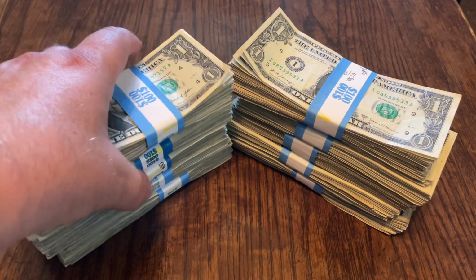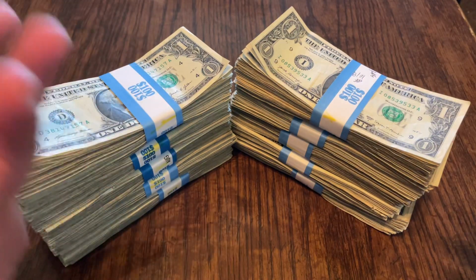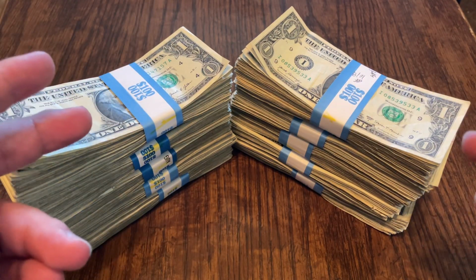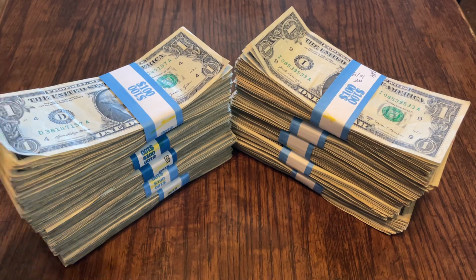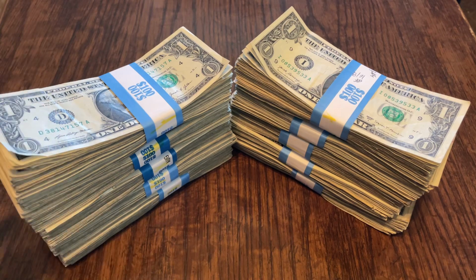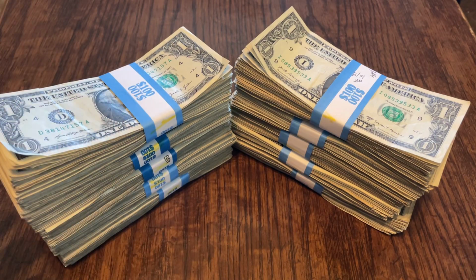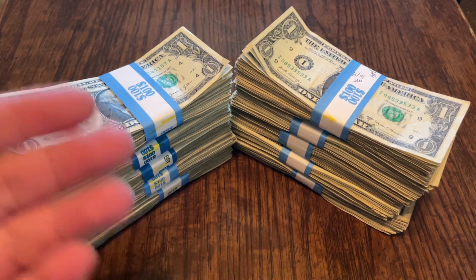Now, a lot of people love to claim that they found errors. And the thing is, we kind of have to define error. Most people will generally say if there's a mistake on the bill, that is an error. But in collecting, that's not how we really look at it. In order for the word error to have value, the BEP has to also acknowledge that there was a mistake made. The easiest way for the BEP to do that is to remove them from circulation,